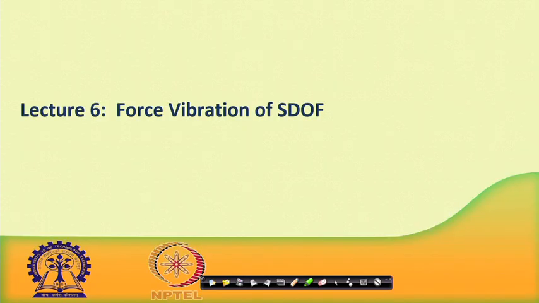So, this is lecture 6 where we will talk about forced vibration of single degree of freedom systems. All these days we have been talking about free vibration, where the force was 0 or there was no externally applied force. But from this lecture onwards, we will be talking about systems where an externally applied load is acting, and we will see what are the different forms of loading that can be experienced by a structure under real life conditions, as well as how to analyze the system because of